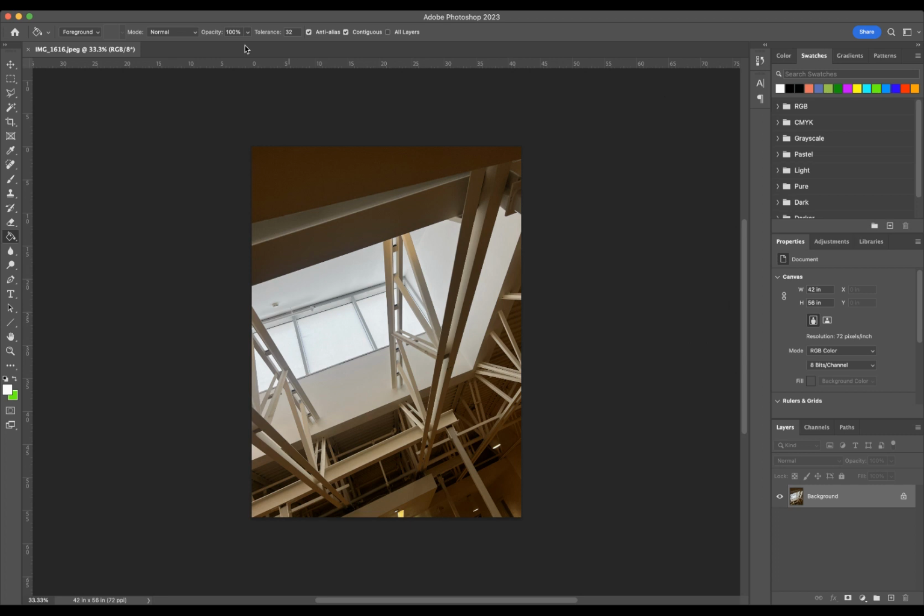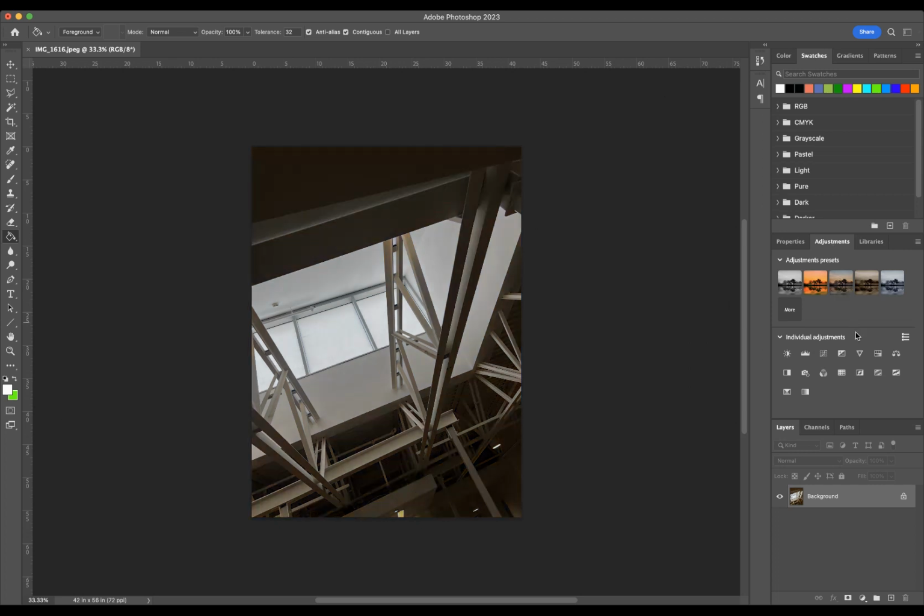Now you can certainly go into the image menu and go into mode and turn the thing into grayscale, and that just blanket takes out all the color, but you don't really have a choice in terms of how that is converted into black and white. If you want a bit more fine tuning on what that might look like, we're going to go into adjustments here instead. With these adjustments, you've got some adjustment presets that are built into the latest version of Photoshop. I'd like to go into the black and white adjustment layer, which is the one right here